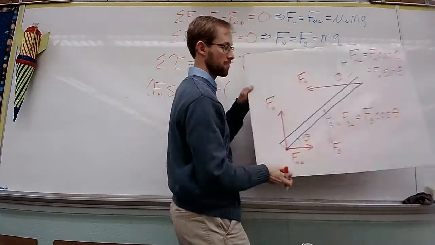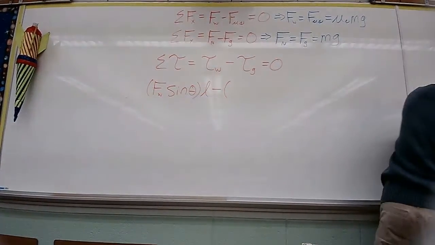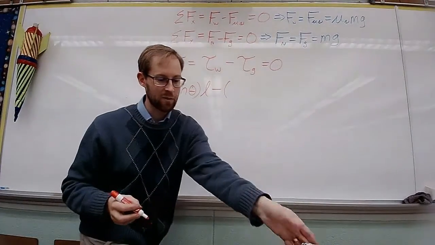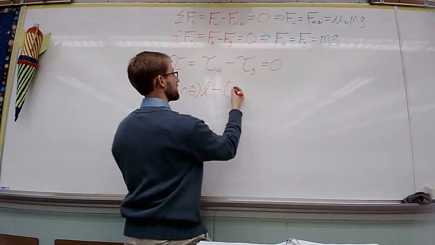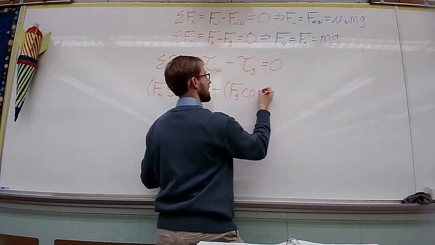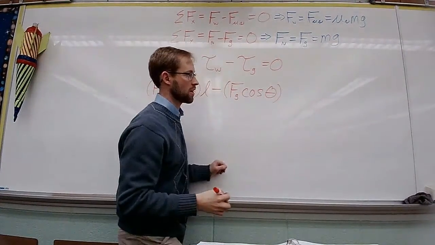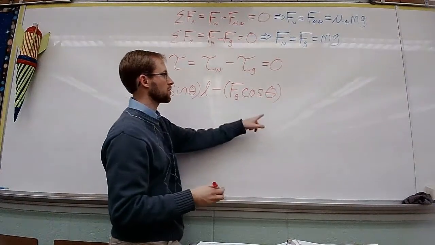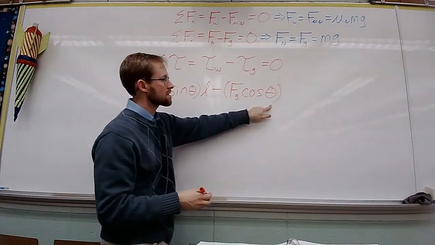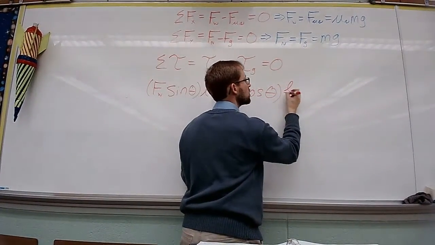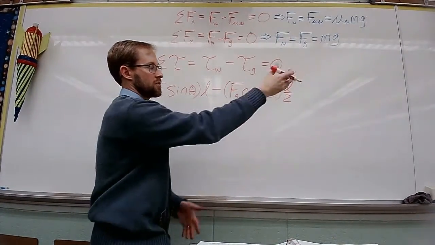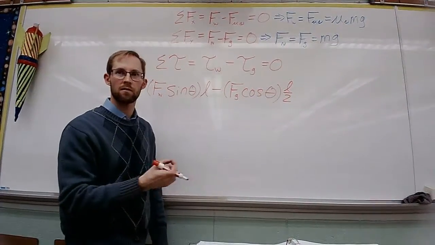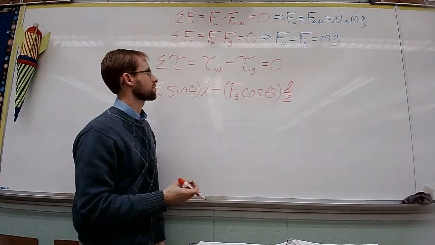And it's going to go away over here. Then you flip it the other way. And then in terms of what's going on with gravity, we've got Fg cosine theta, for the reason we talked about before as to why that's the perpendicular force. And we're going to multiply this by its length. Its length is going to be L over 2, because if you average the position of that entire board, the average would be the very middle of it. So that would be length divided by 2. That's equal to 0.